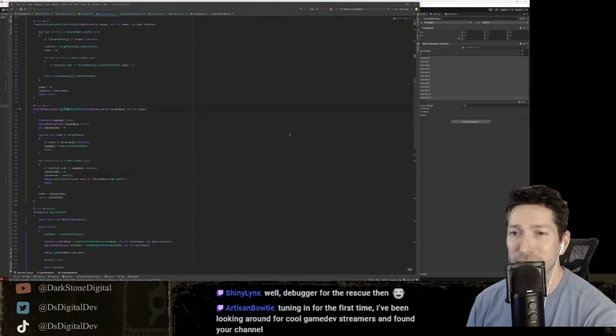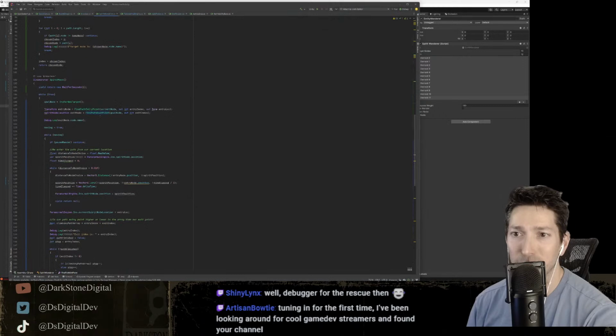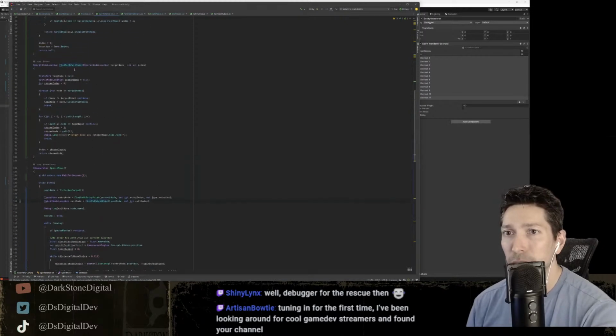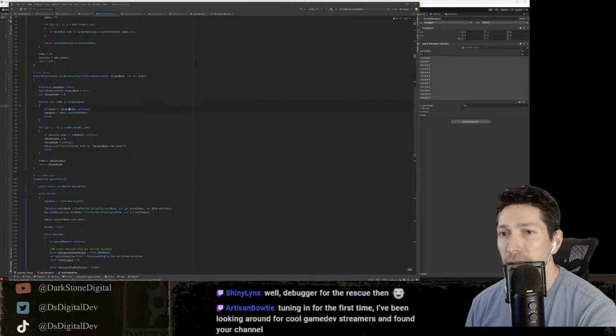Okay, so let's go through this again. We find our node, and we send in our goal node that we just got. Basically at random, but we just go, hey, pick a node, pick a goal. Any goal. Now we know where we want to go, which is there. So I got my target node. I'm going to look through all my target nodes and find the same one. And when I find the same one, I'm going to get its path node. There it is. We found it. Temp node. Fantastic.